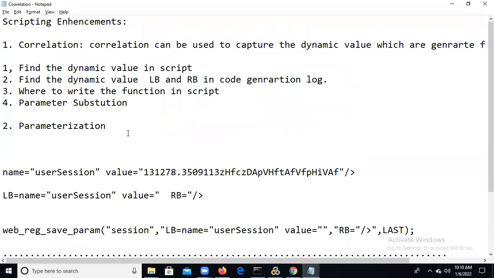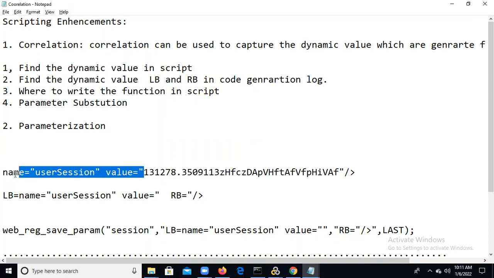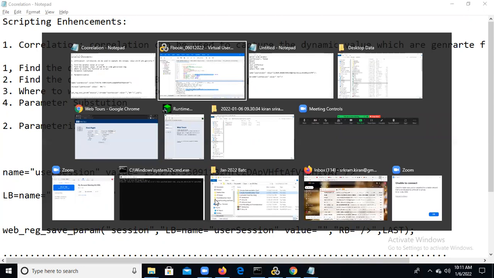Entire line you can copy and paste it in your notepad, and then find LB and RB. So this is our dynamic value. The left text will be the left boundary, the right text will be the right boundary. So the second point is successfully completed.